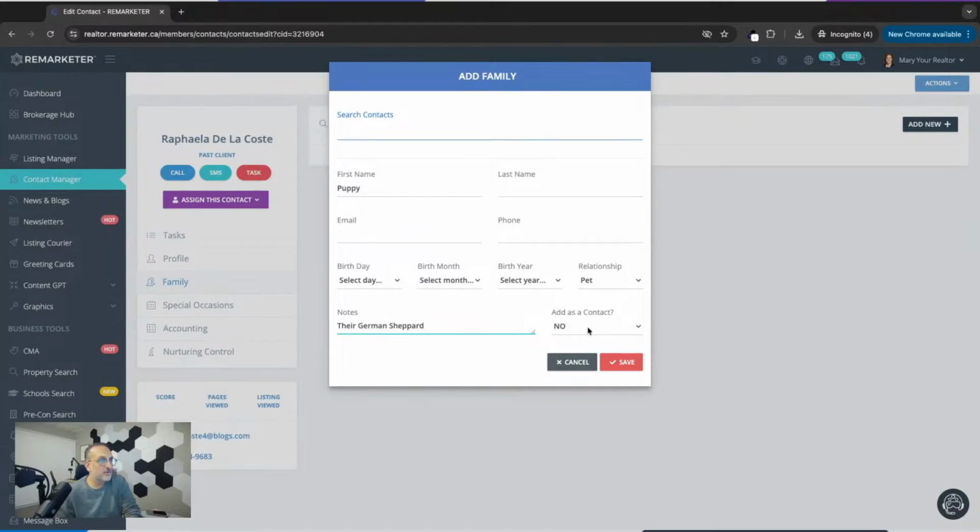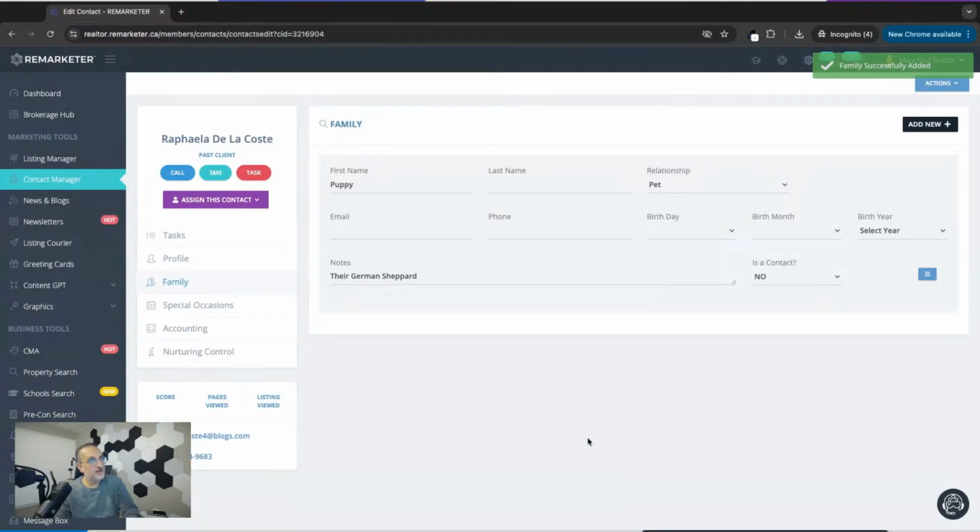So do you want to add it? And you can also add this person. Well, in this case, this is a pet. But if it was a spouse, you can also add them as a separate contact to your list as well. Make sure that you have a different email address for them. So I can add that content here, and I can have a list of all the family members